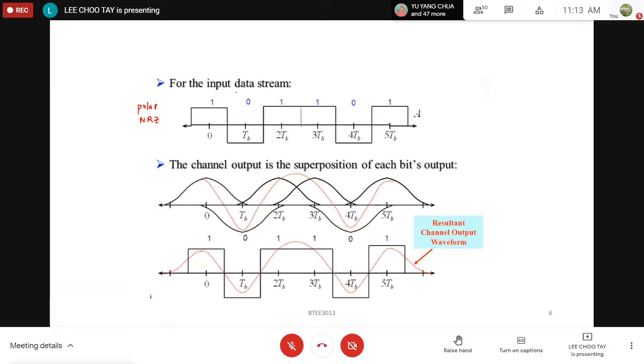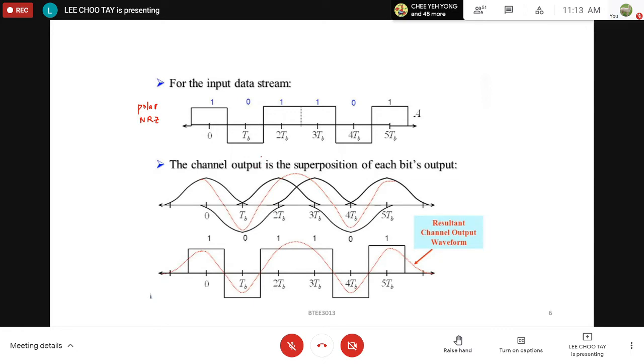So if our input data stream, let's say, is 101101, these binary streams are typically represented by polar non-return to zero line coding. So this will be the waveform of our binary data. And then with the pulse shaping and the channel's band-limited characteristic,